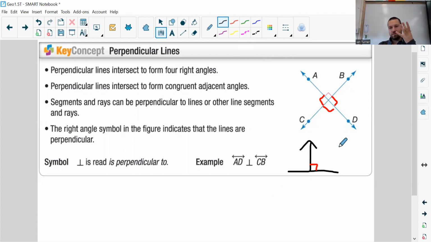Doesn't always look like full vertical angles. Could look like this too. Excuse me. All right. And then again, you have the red right angle